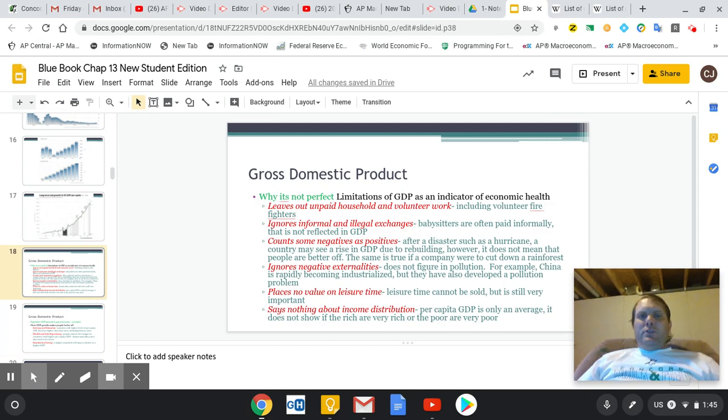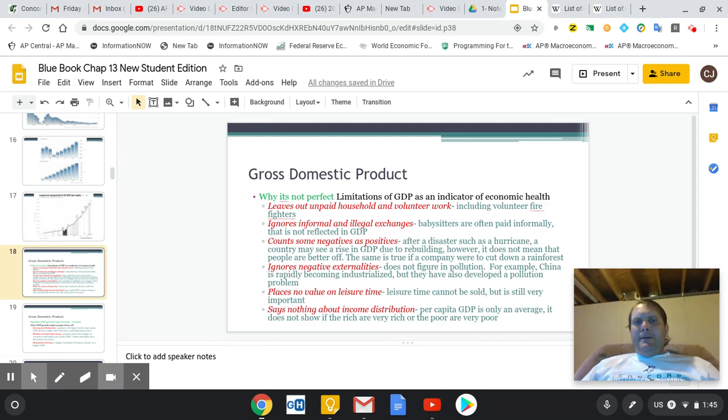So I've kind of mentioned some reasons it's not perfect. We can't keep track of volunteer work. Volunteer firefighters. They make our lives safer. They make our lives better. Okay, we can't add to that. So GDP is not the only indicator of how good an economy is. It can't keep track of informal exchanges. You guys that mow lawns or babysit, that GDP doesn't get added in there because you're probably not claiming taxes on getting paid $25 for mowing a lawn or doing whatever you're doing, right?